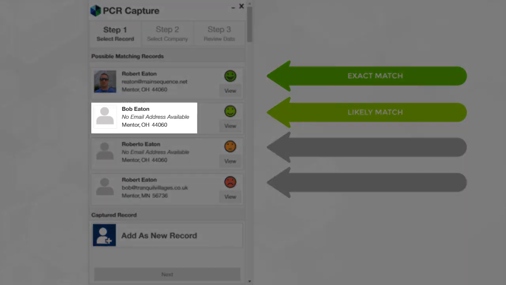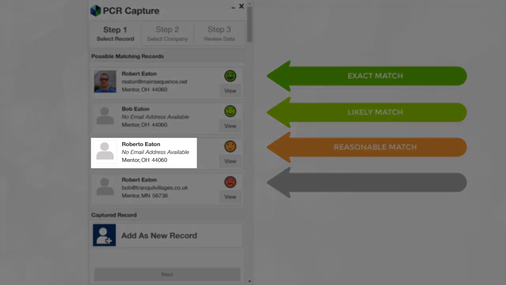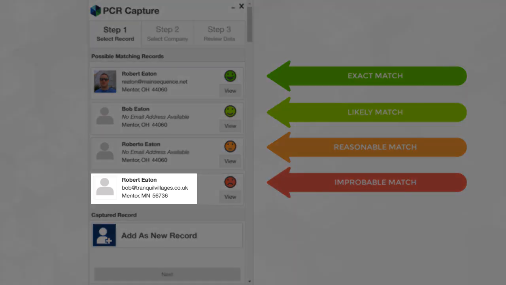The second green smile is for another record that is also very likely to be this contact. In this case, the last name and location are identical, and the first name matches a common nickname, but the social network info isn't on the record, making it not quite as solid as the first one in the list. The orange icon suggests a reasonable match possibility with the same location and last name, but there's an O at the end of the first name, which could be a data entry mistake or a completely different person. This last one gets a red indicator because while the name and city are an exact match, the state and email address are totally different.